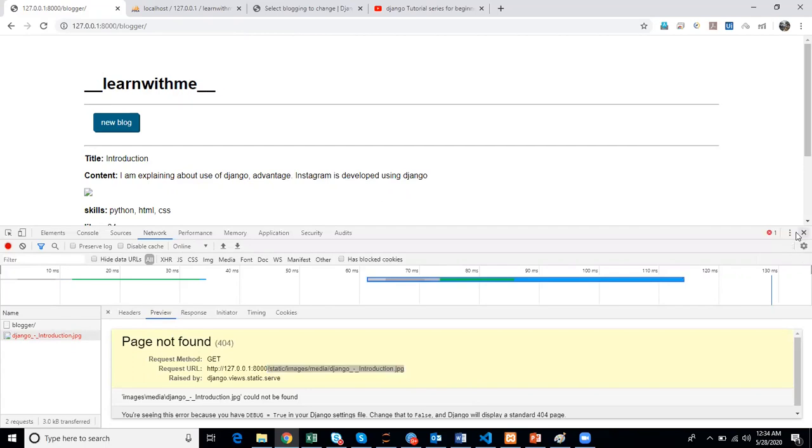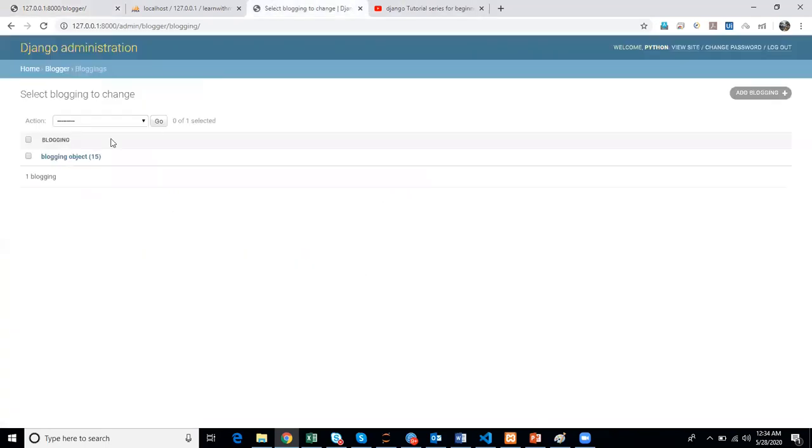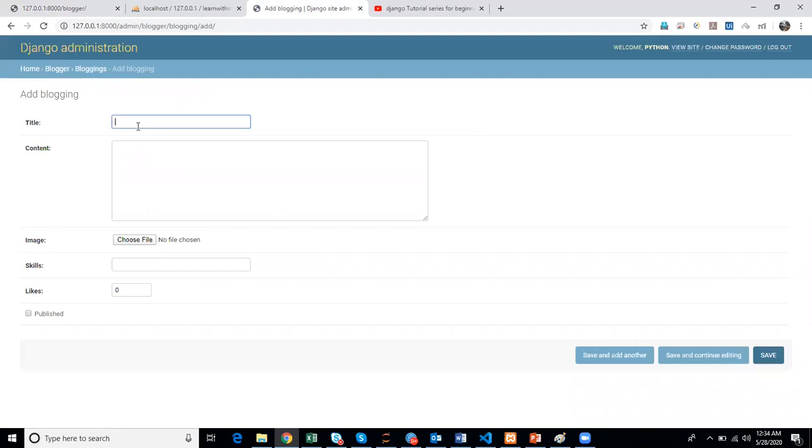Before that, we'll try to add one more block, like the introduction, maybe installation and setup. For installation, Visual Studio Code or Anaconda, Python should be installed, and Django should be installed.